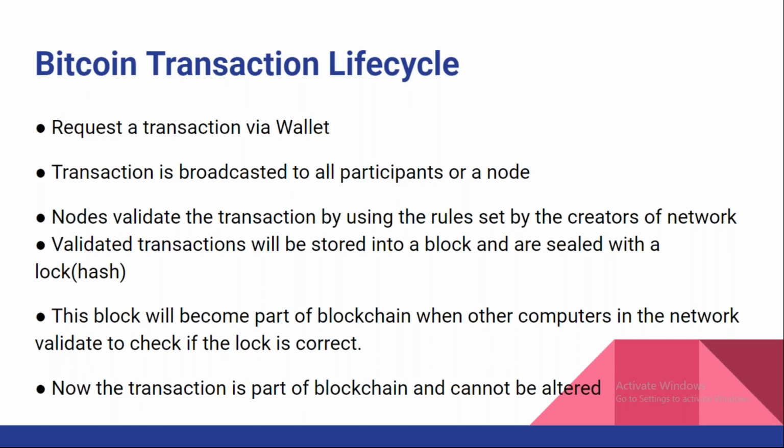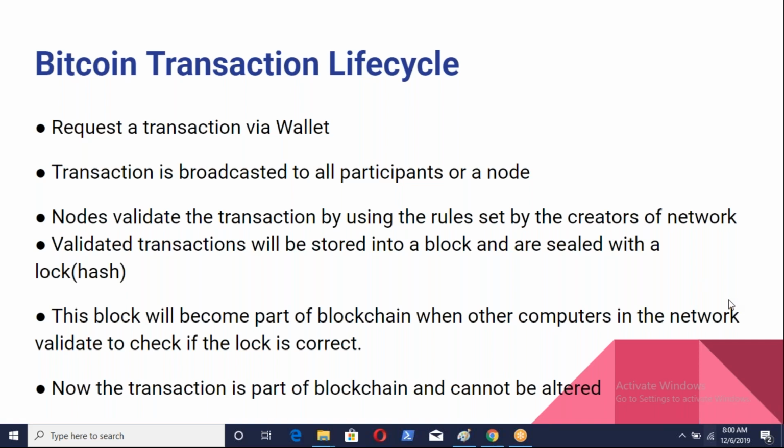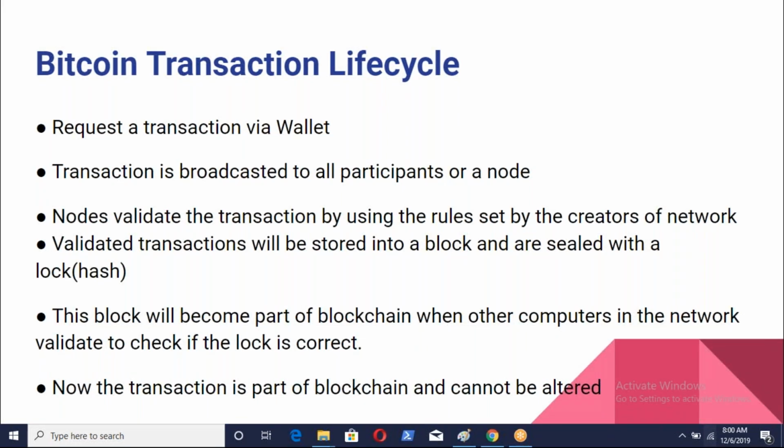Every block in Bitcoin has a size limit, like 2 MB. Once the block size reaches 2 MB and the mining is completed, that hash will be tagged with the particular block as the final hash. Next, the block is added to the chain. Whatever changes were made before adding it to the chain are final. Once it is added to the chain, we cannot modify the transactions in the blockchain.